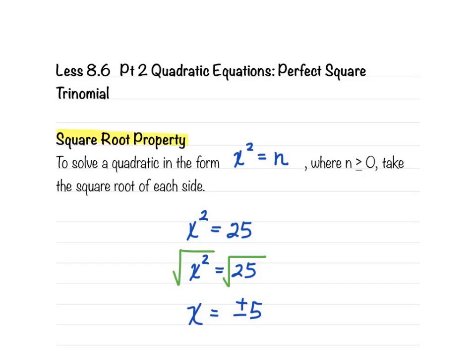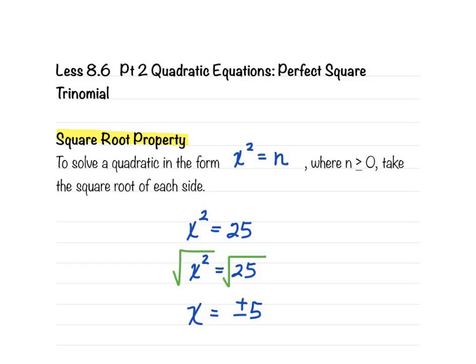Square root property. To solve a quadratic in the form x squared equals n, where n is greater than or equal to 0, what you must do is take the square root of each side. For example,